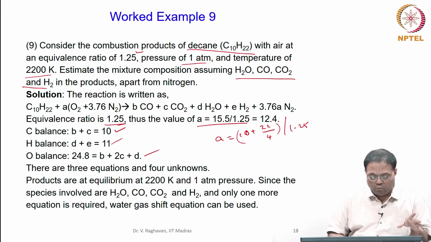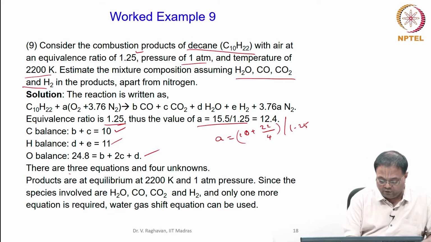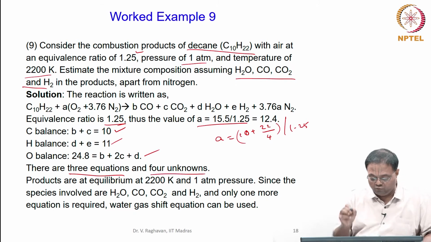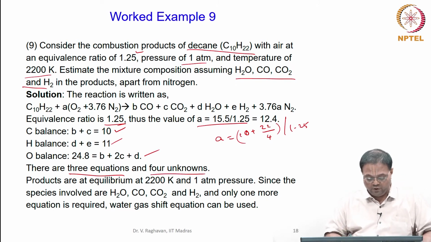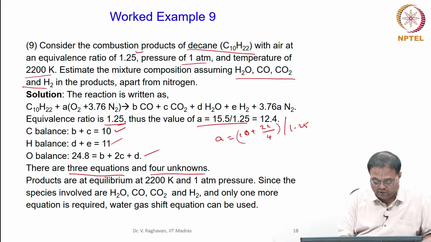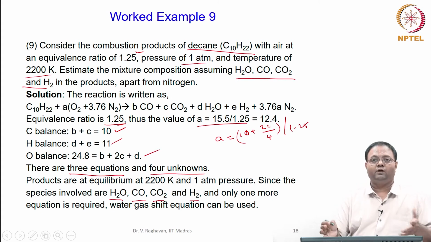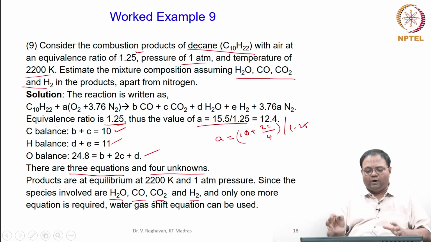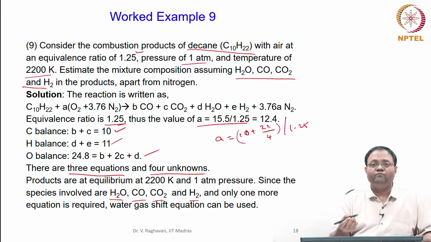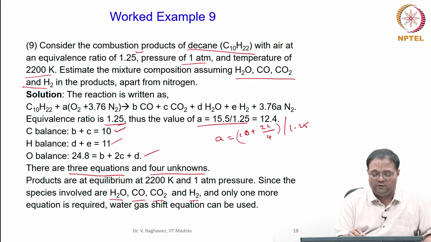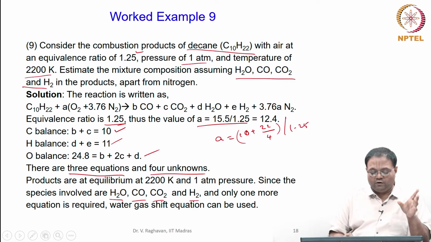So you need only one more equation. We got 3 equations and there are 4 unknowns, so you need to generate one equation. Now, the species involved are H2O, CO and so on. We can discard N2, since even if it is a product it is okay, but we have to construct equations with the unknown numbers of moles, which correspond to the species CO, CO2, H2O and H2. So one more equation is required.